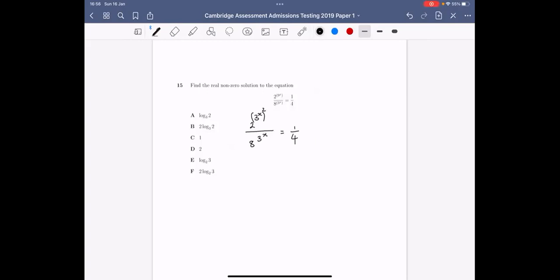Then if you let y equal 3 to the x, here's star, star becomes 2y squared on 8y equals a quarter, which then implies